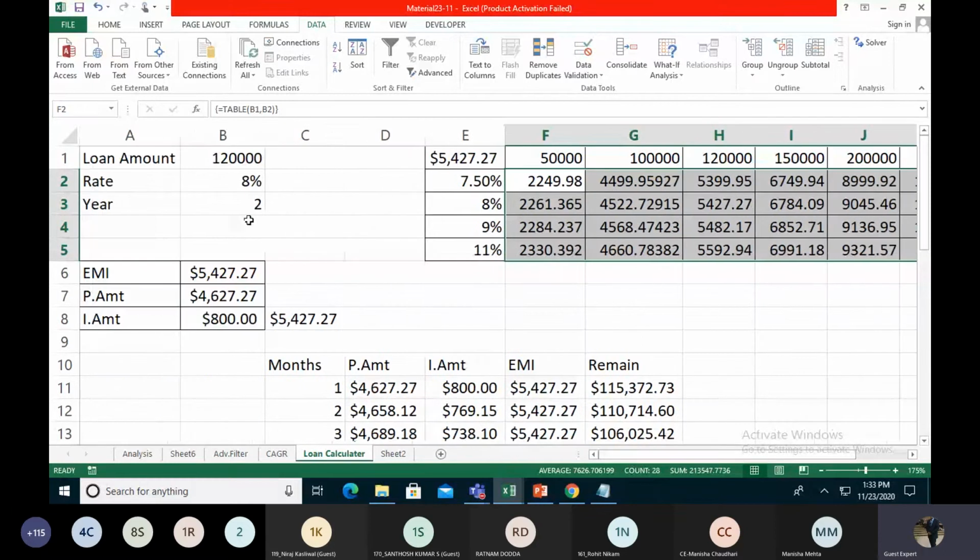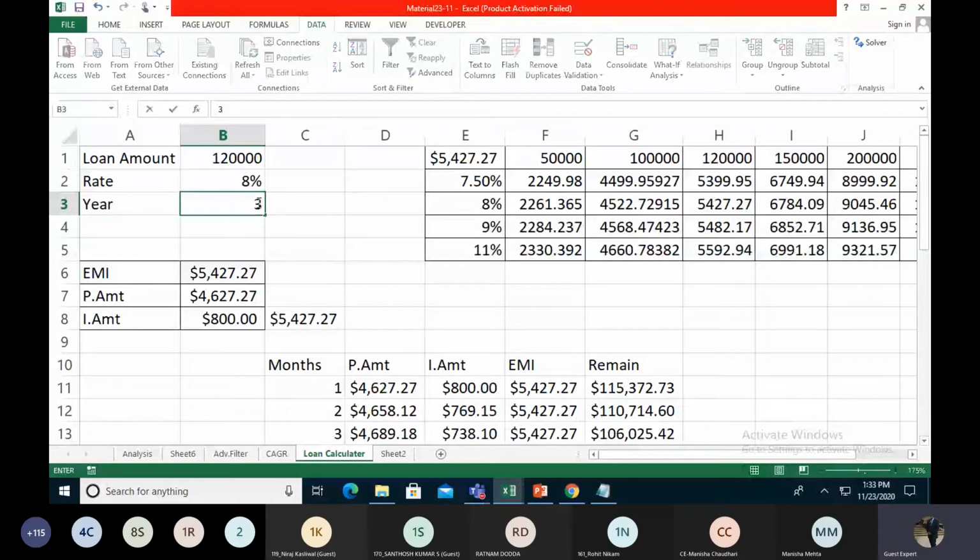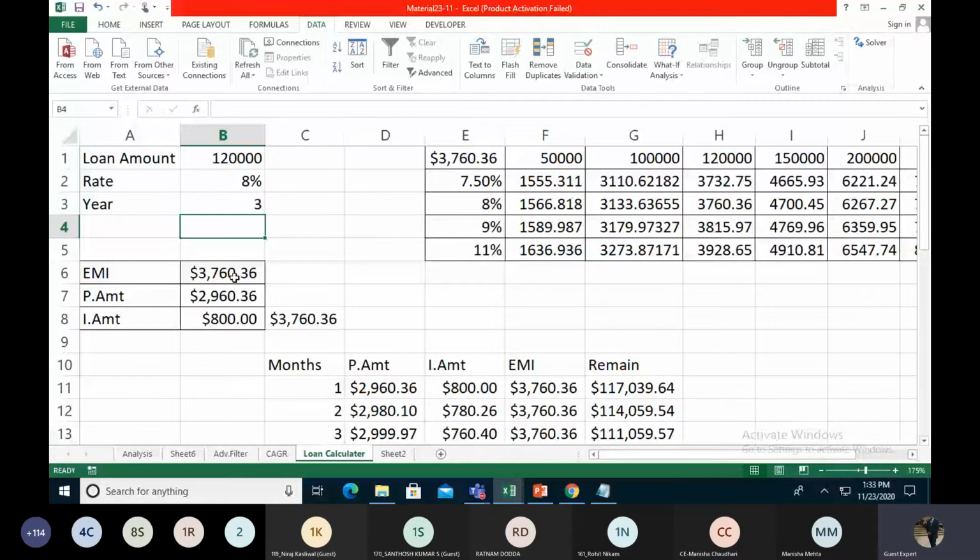If we simply change the year, because this is for 2 years, if we check by taking 3 years, the EMI for 1,20,000 at 8% is 3,760. So right now this is 1,20,000 at 8%, 1,360.